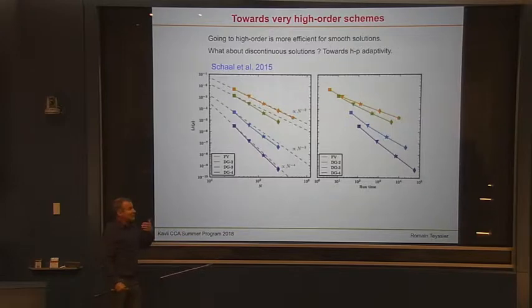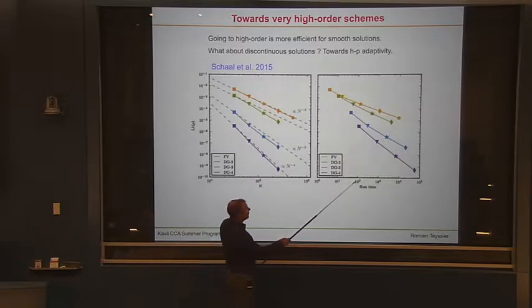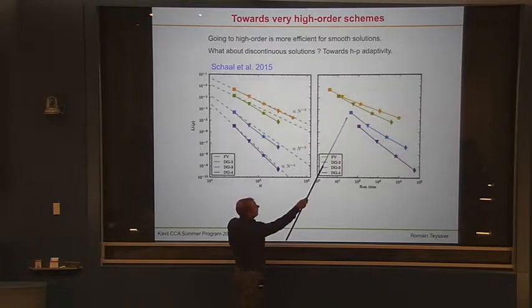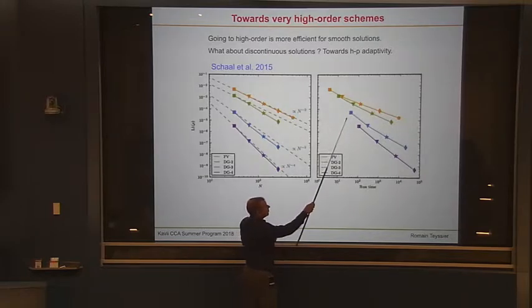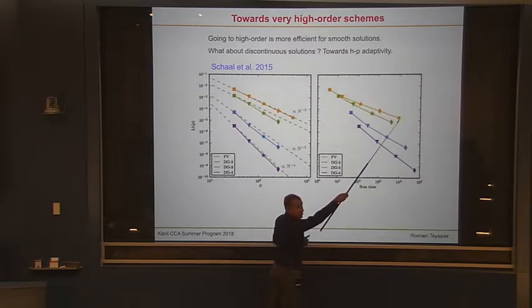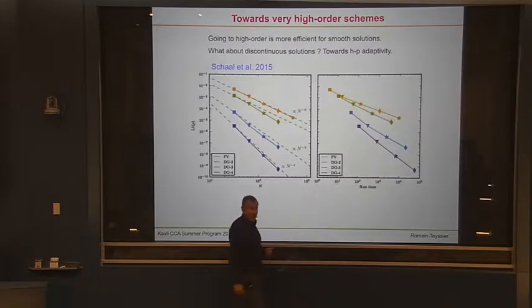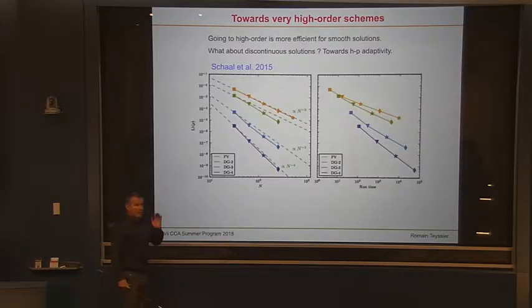So you see, it's for smooth solutions. Clearly, it's more efficient to use fewer elements. So basically, you can use only, why not 10 elements, and you get an error which is comparable to a low-order method with 1,000 elements, right? So here, clearly, for a smooth solution, you want to use as few elements as possible, so only 10 mesh points. But with a fourth-order method, it's more efficient, right? So that's a very interesting direction to go to.